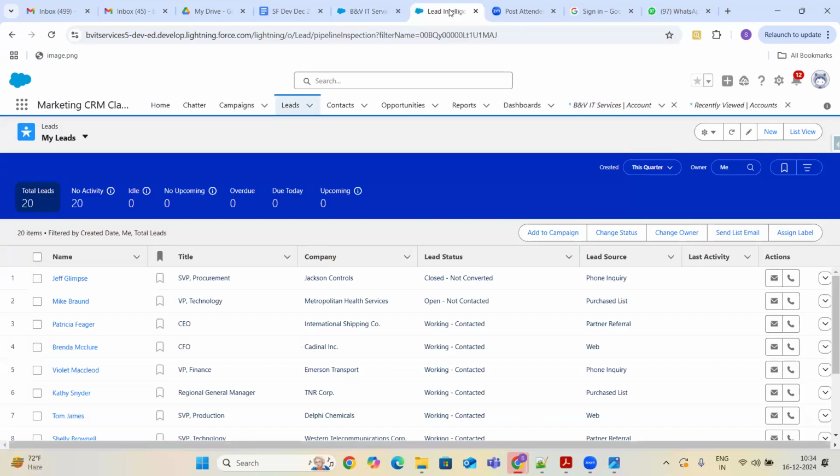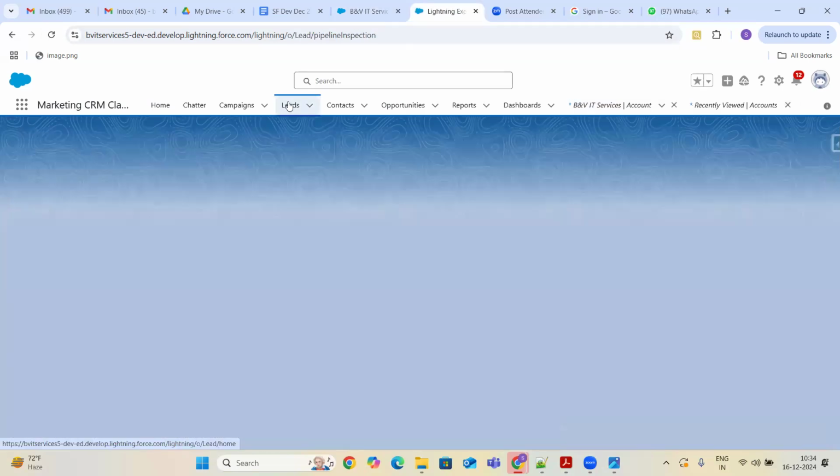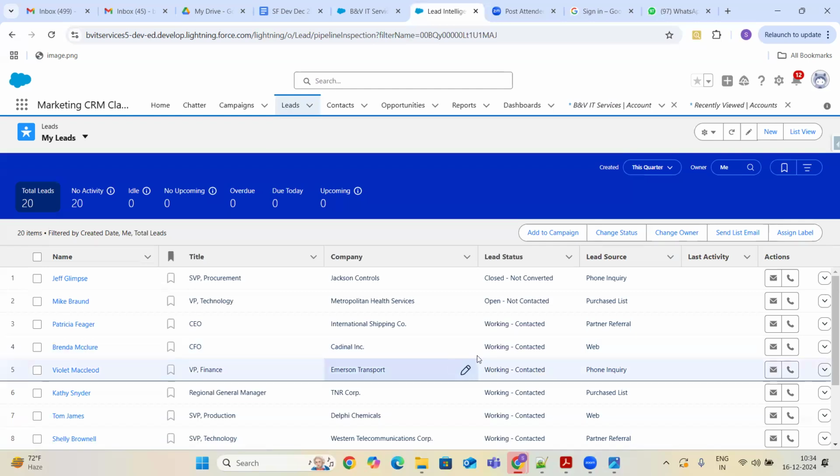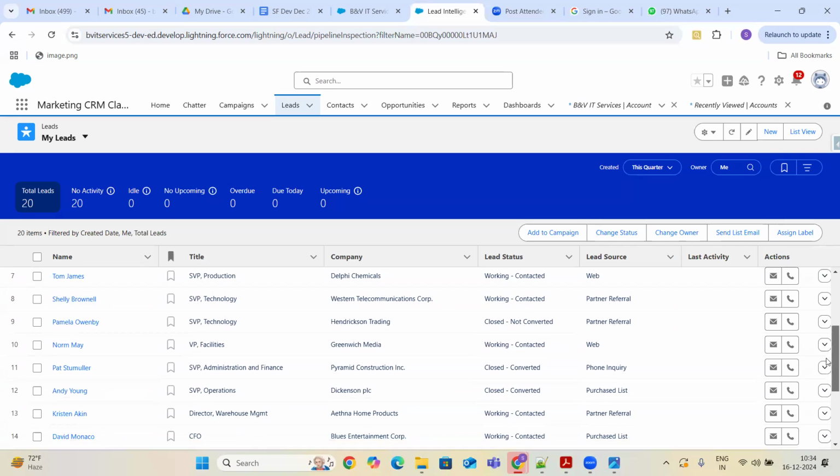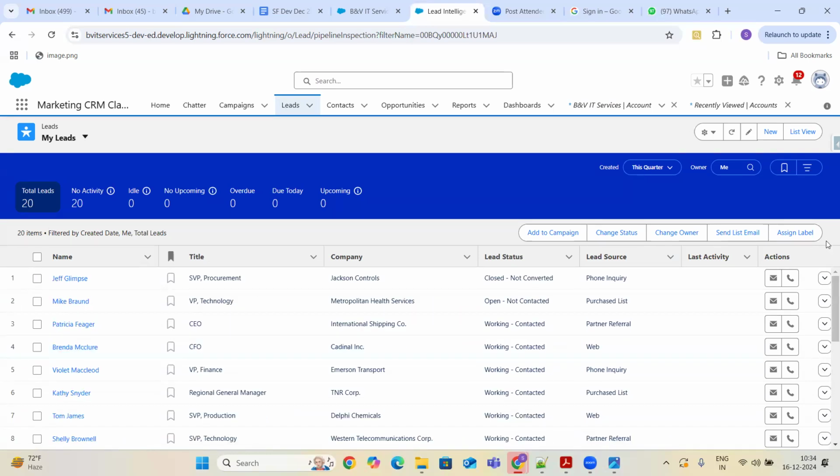If you come to the leads, you'll not find that person, guys. That means once your lead is converted, you cannot see those leads from the leads table. But you can see the leads in the reports.